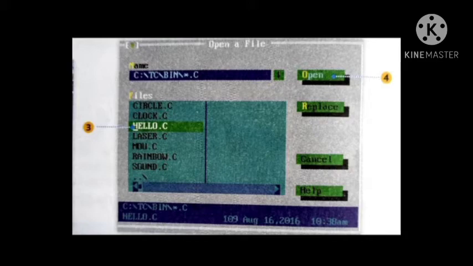The selected program appears on the screen. There is also a shortcut key to open the dialog box: press the F3 key on your keyboard, and the Open a File dialog box appears on the screen.